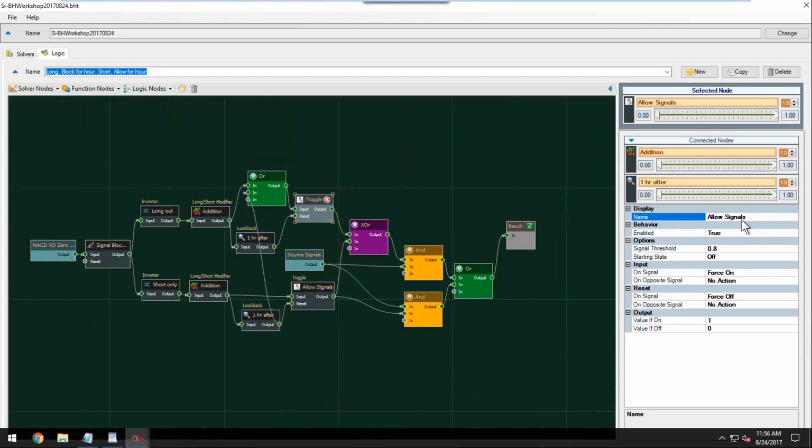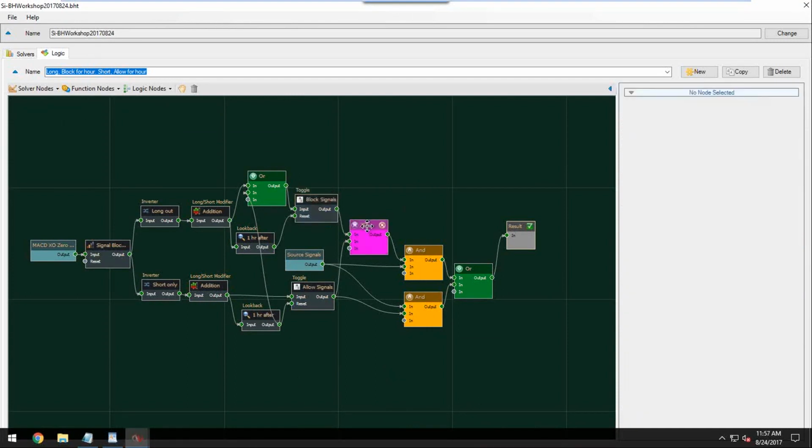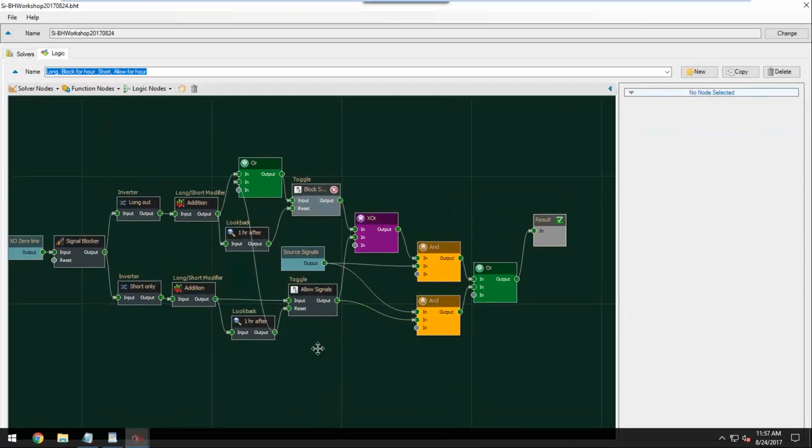And that toggle node is set up to block signals there. Sometimes it can be tough to try and choose a perfect name for a solver. So, all right, let me get back to what I was explaining here. Yeah, so the way I finally got this all to work was